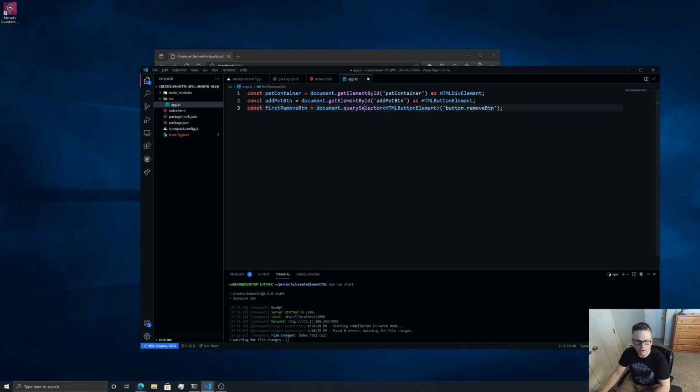So like here, this query selector, I'm telling it, hey, it's going to be an HTML button element that I'm pulling from this. And these will be HTML. So if I try to call a method that doesn't exist on this later on, in JavaScript, it'll just throw an error, but in TypeScript, it'll bug you and say, hey, you can't do that. But understand with TypeScript that it is not,